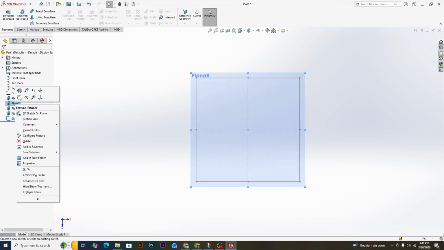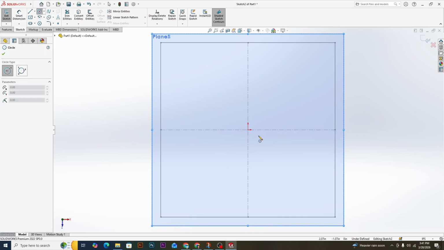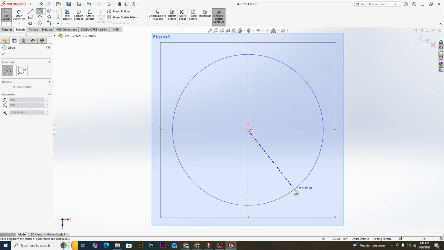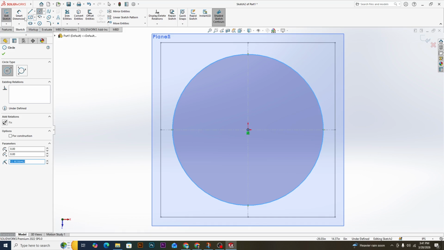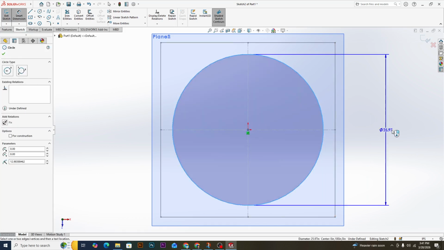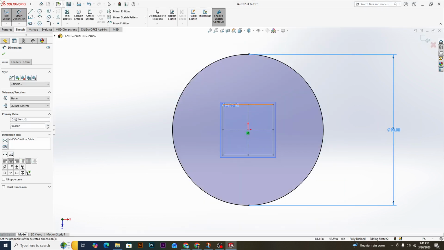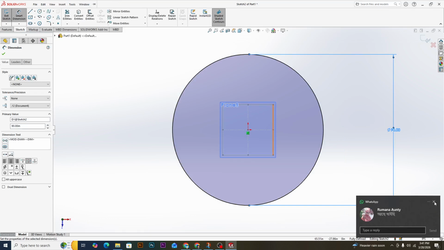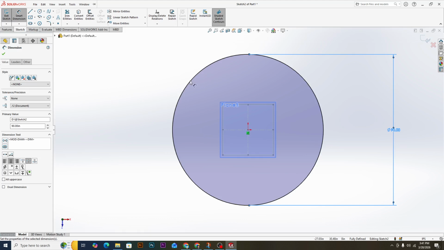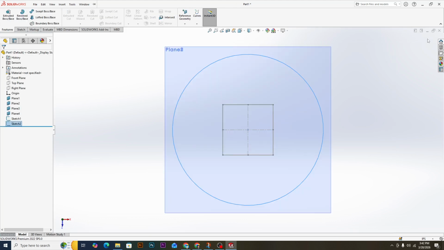Then we select Plane 2, then we need a circle. Click here, then click on Smart Dimension, put 90, then OK. Then exit,